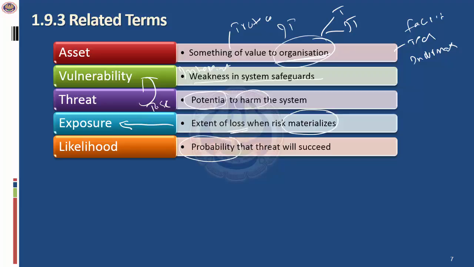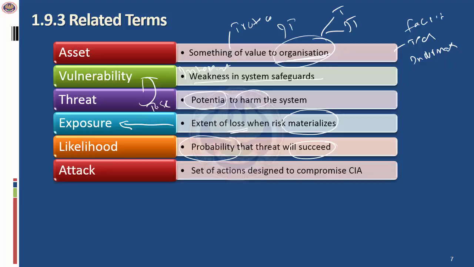For example, it could be possible that your system is being attacked, but you might have been protected. So there is a probability that the threat will succeed. When it succeeds, to what extent it will succeed and what the impact will be, you can never estimate. But you have to make an estimate of the probability of the loss if that threat actualizes or the risk materializes. There is an attack, which is the threat. Exploiting the vulnerability is an attack.